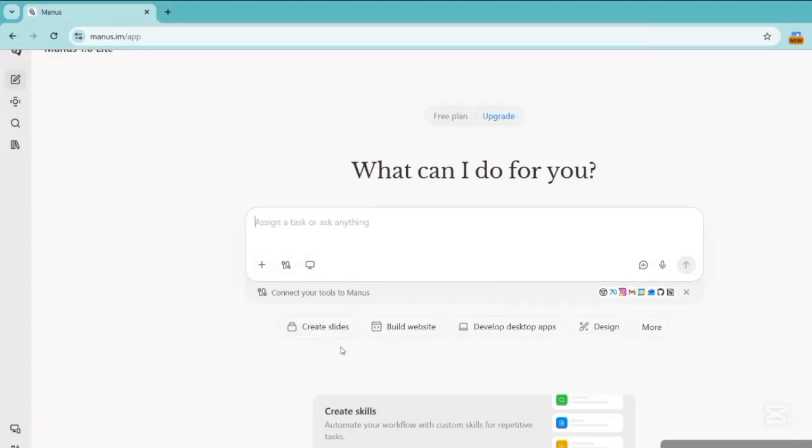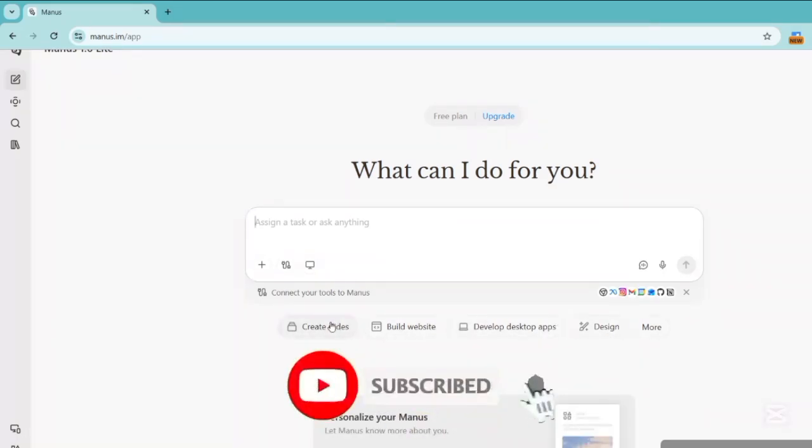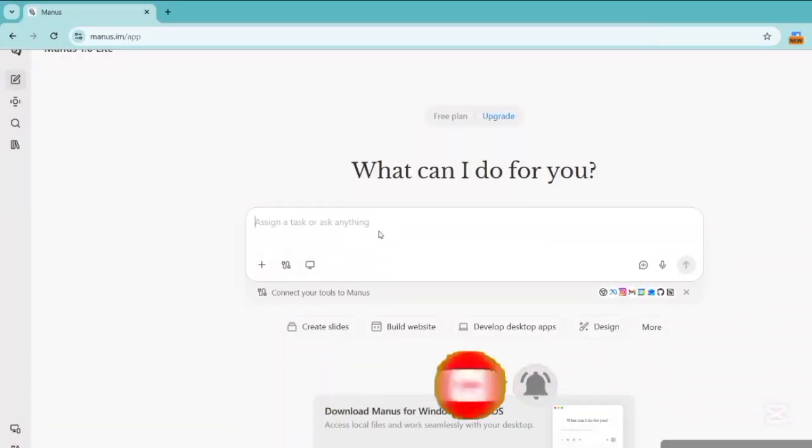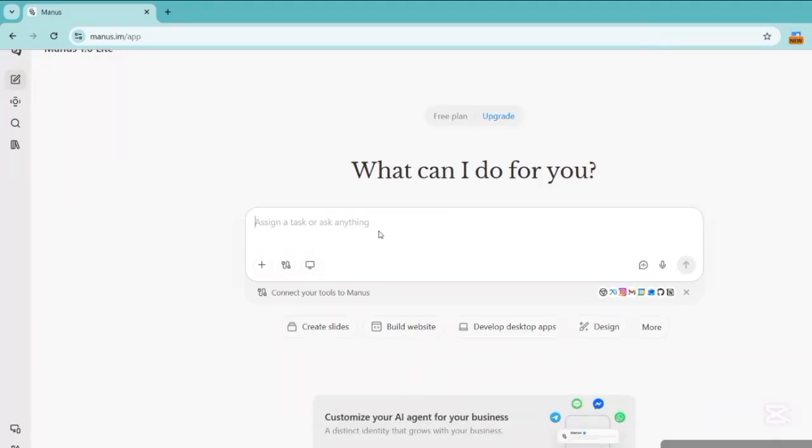Okay, create slides, build website. So these are simple ways to prompt. So to get started, you can just enter this. I would not advise that. Rather, it's better you give it a good prompt on how to build your website, create your slides. You should add a prepared prompt that works. Of course, you can add a voice